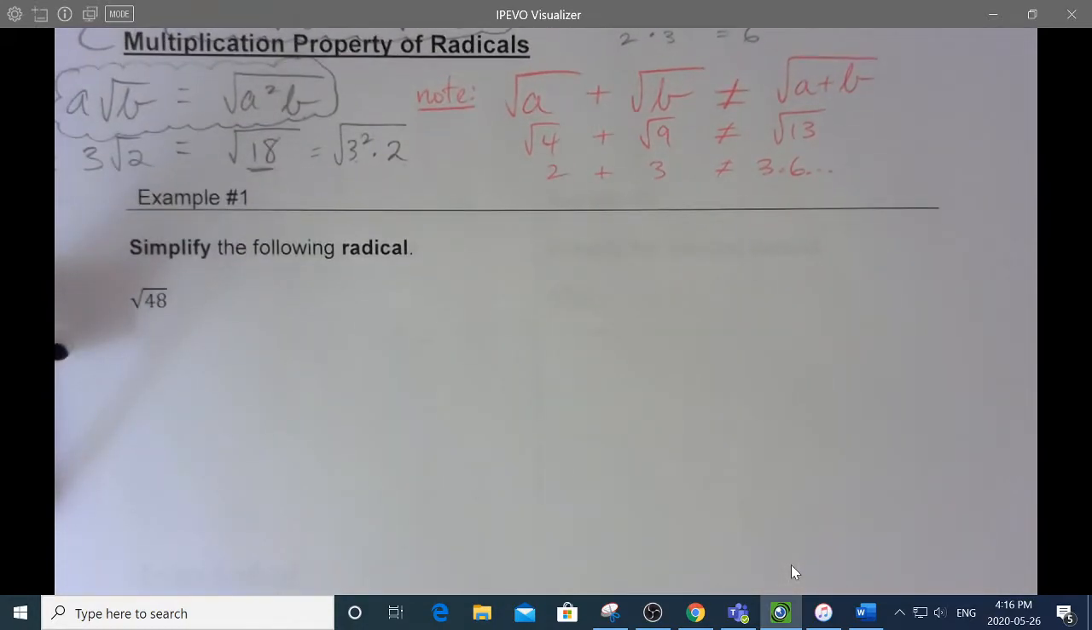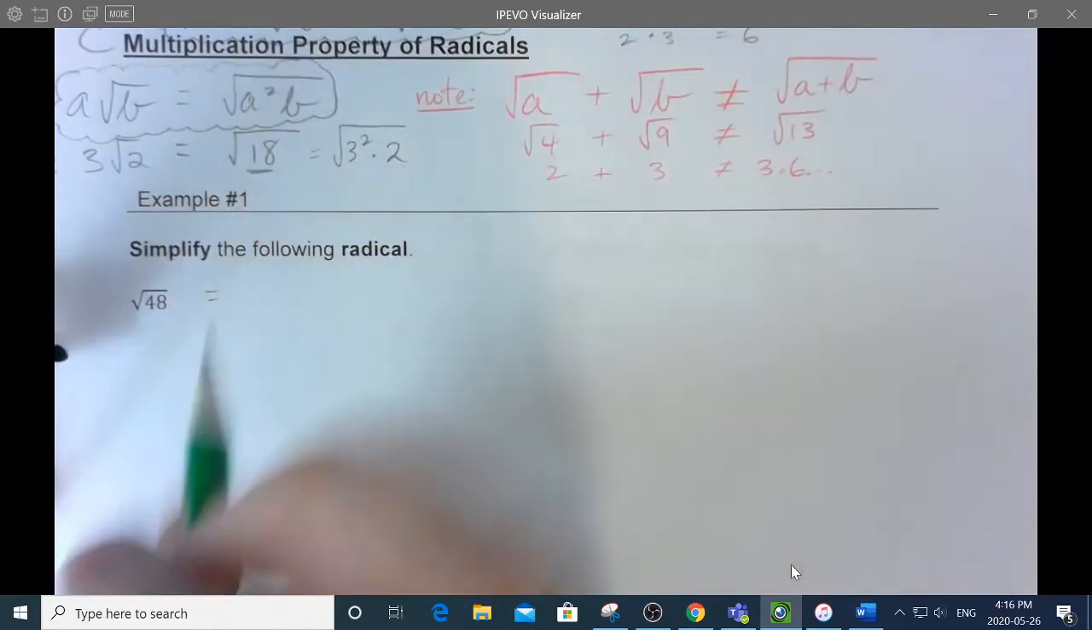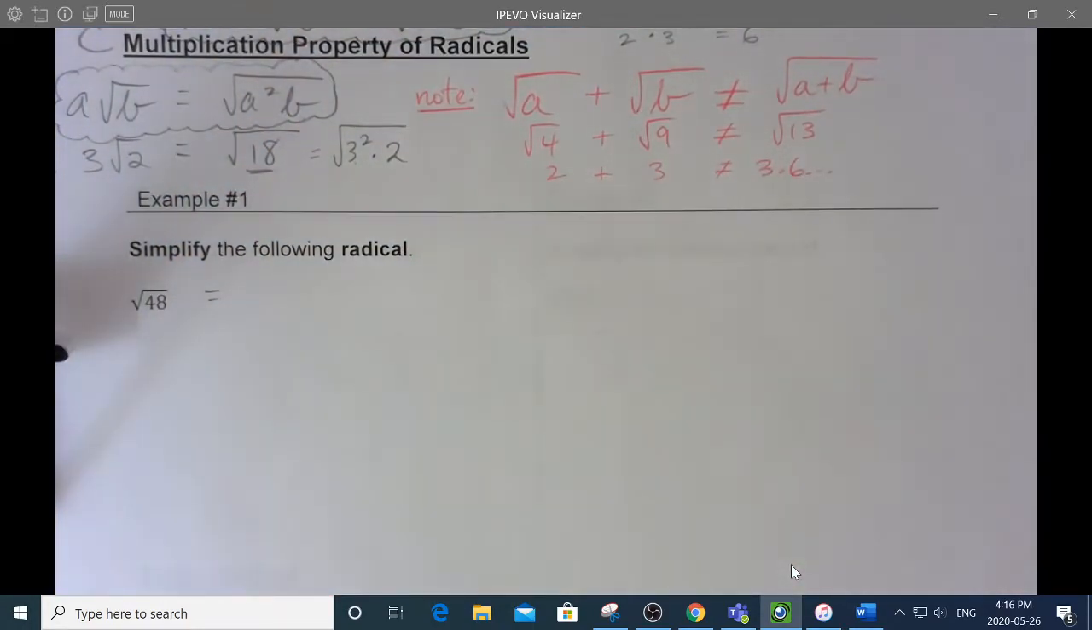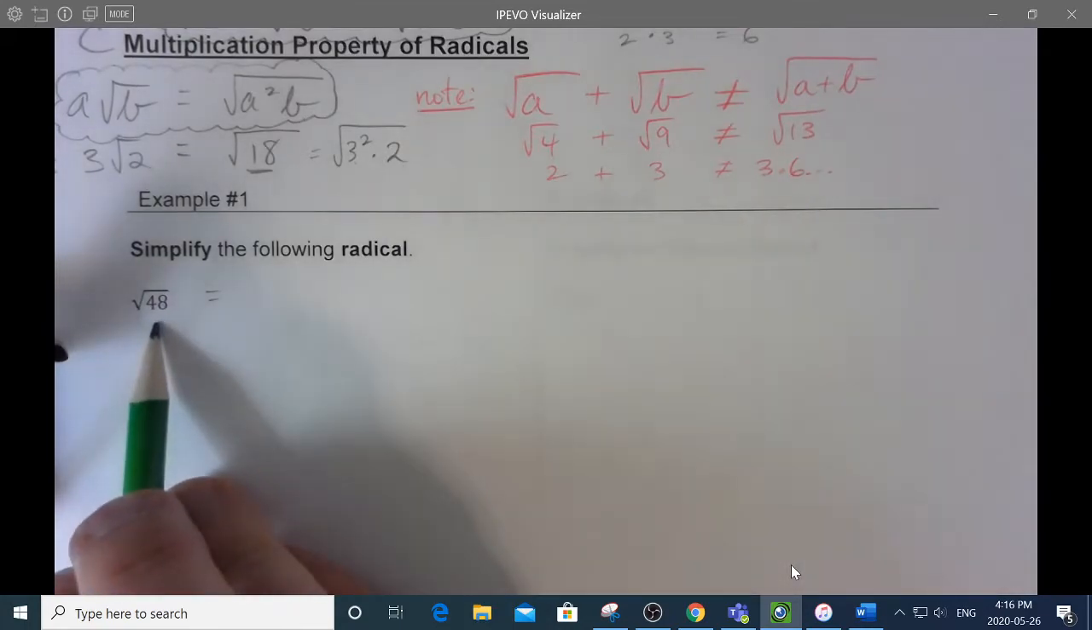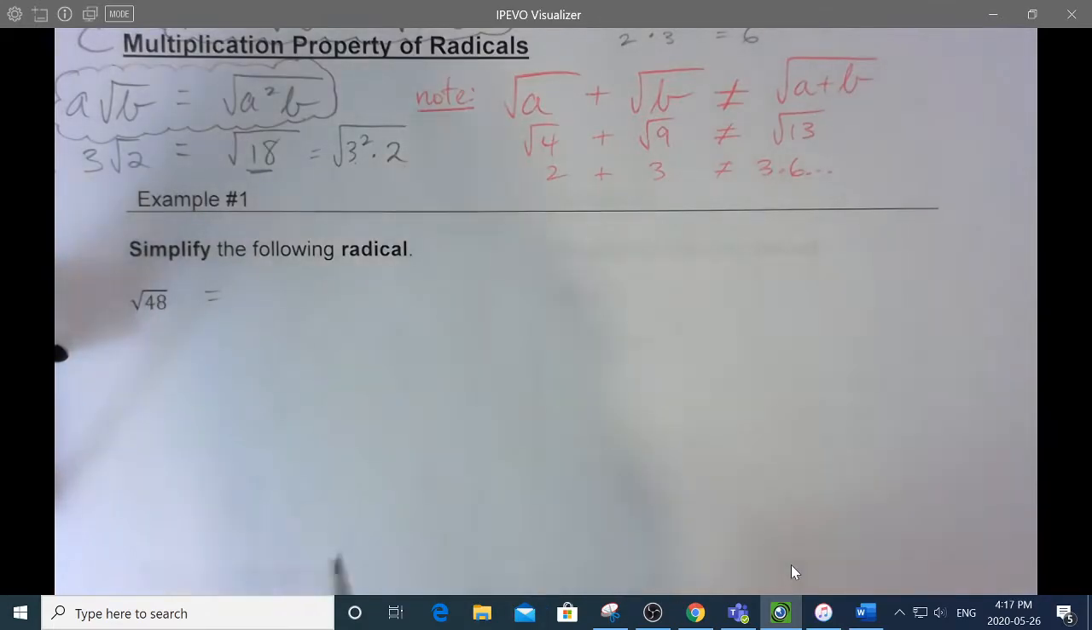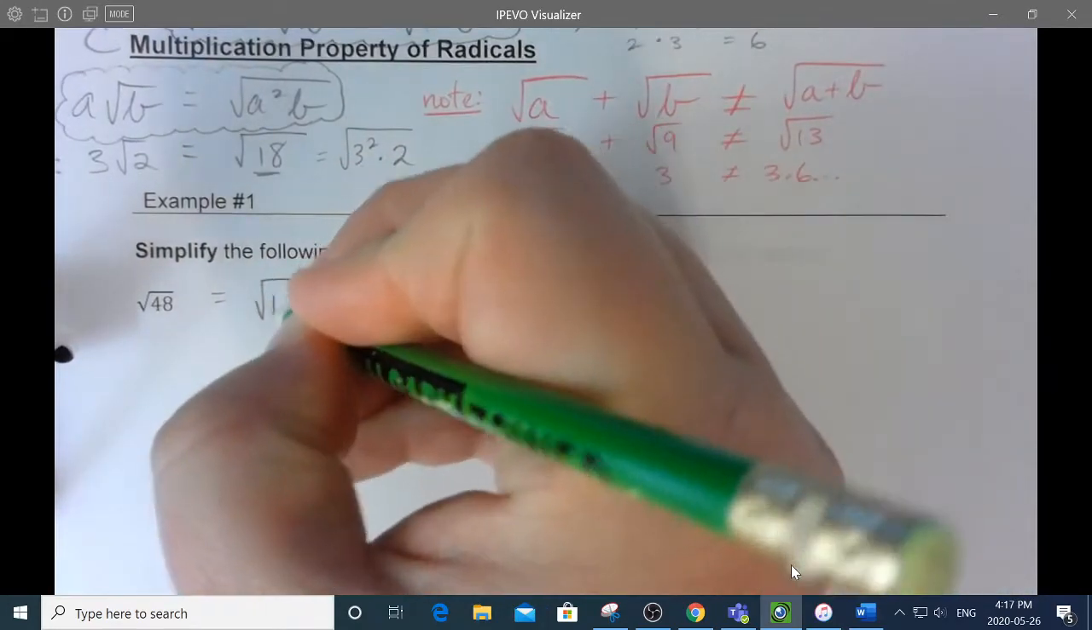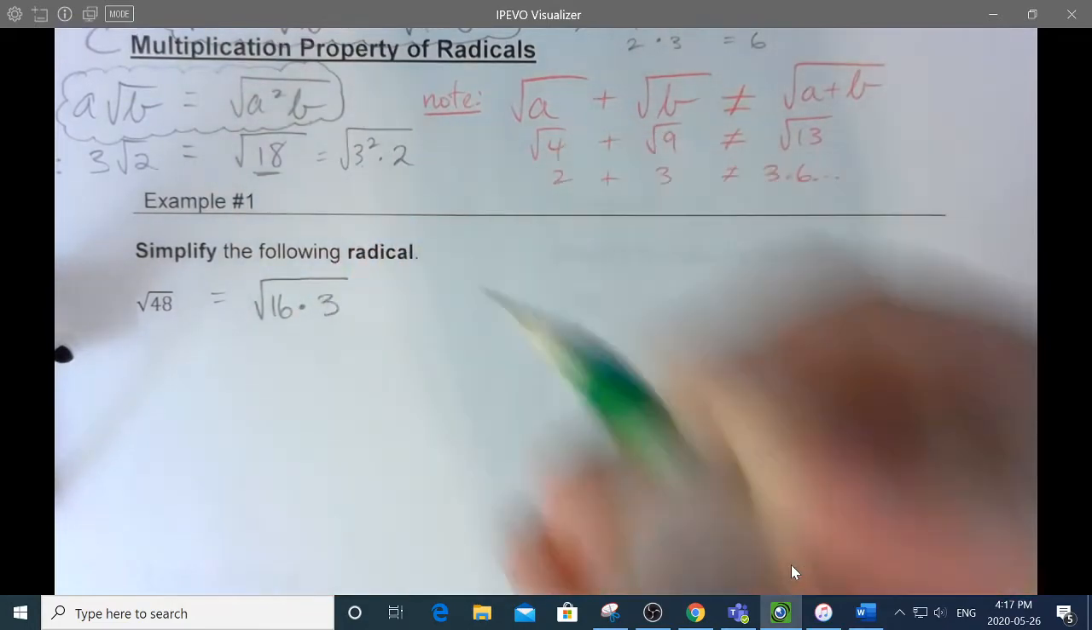What does it mean to simplify this radical? I mean, doesn't that look as simple as it can be? Actually, it isn't. And the reason it isn't is because there is a perfect square factor in that number. In fact, there's a couple. 48 has a 4 in it, but it also has a 16 in it. And 16 is the largest